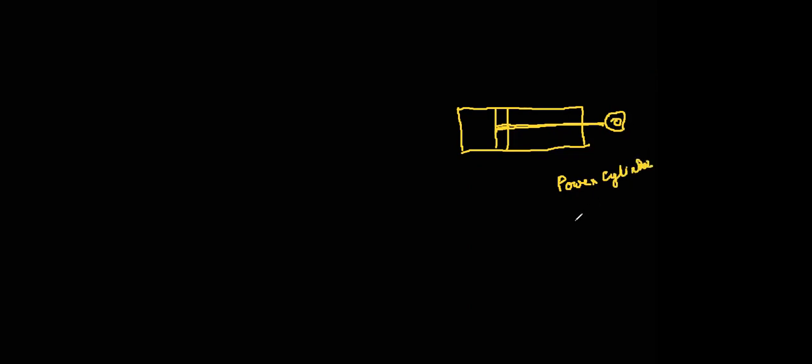Suppose this is a cylinder for on-off purpose or for regulating purpose also. We can use these power cylinders to open some dampers, or even for hydraulic operations. Power cylinders come in two varieties. One is called a simple power cylinder or on-off power cylinder, and the other variant is called RPC. RPC means regulating power cylinder.